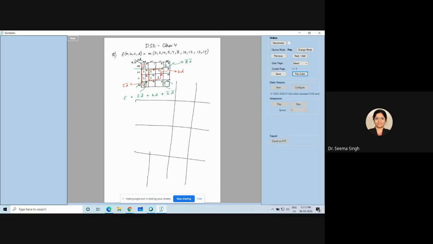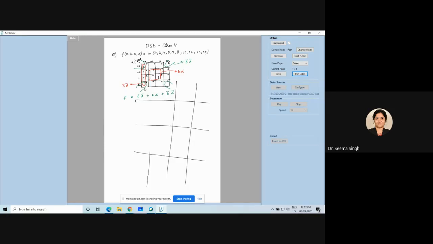Now let us see whether you have any essential prime implicant and prime implicant in this. I had given you the definition. If you want, you can write this definition about EPI, that is essential prime implicant. An EPI is a prime implicant in which one or more min terms or max terms are unique, that is, it contains at least one min term or max term which is not contained in any other group. You have to observe it carefully in the K-map.